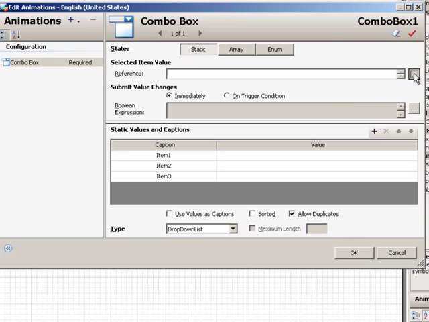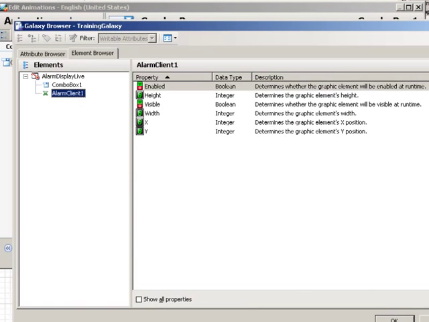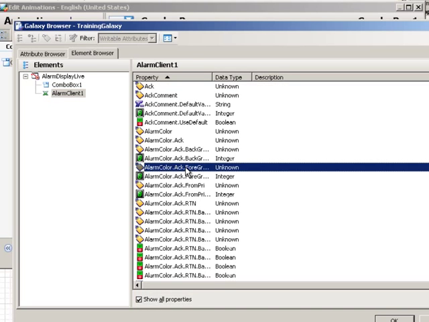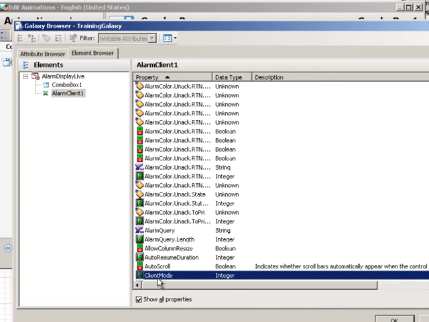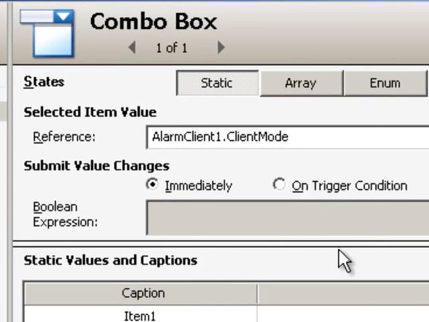So I click on the ellipsis here, and I'm going to be able to browse the properties of that. So we're looking at Alarm Client 1. I want to show all of those, and I want to get the client mode. Our reference is Alarm Client 1 dot client mode. That is an integer reference to that list of 5 selections that we had in the control object itself. So there were 5 in the list, and now we need to be able to select between the first 2